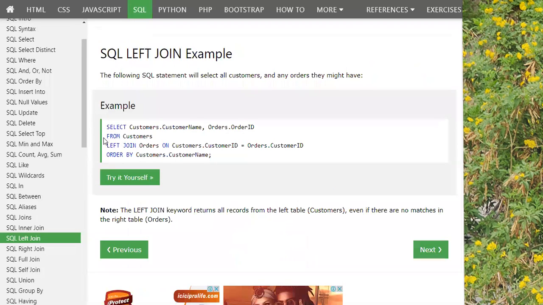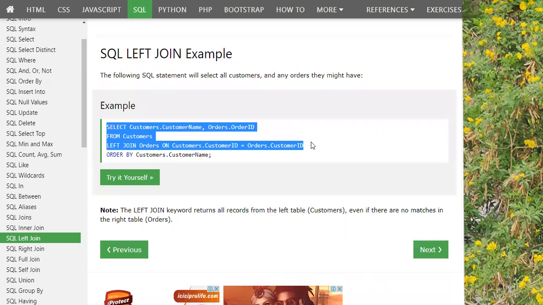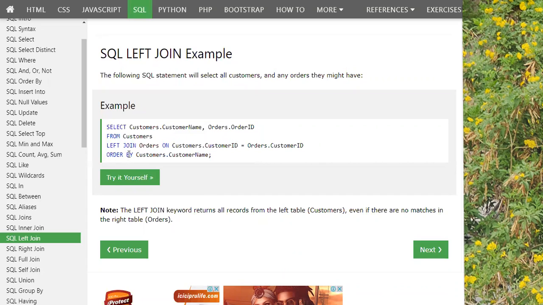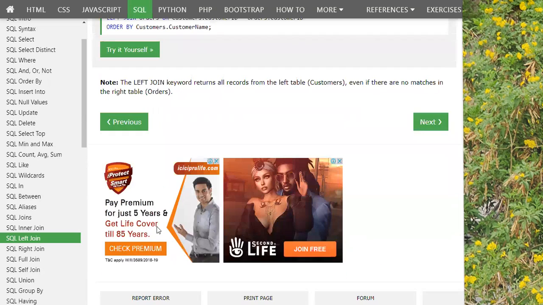The syntax is similar to that of inner join, only instead of inner you write left join, otherwise the rest is the same. But the outcome is that you will get the matched values along with the remaining values of the left table. Here the ORDER BY clause is used, so you can use any number of combinations we learned in our previous DML operations. ORDER BY will give you the customers in sorted order. Since nothing is written here, whether ascending or descending, by default you will get the customer names in ascending order. So you can go through the examples.